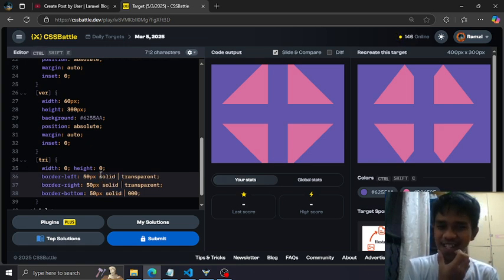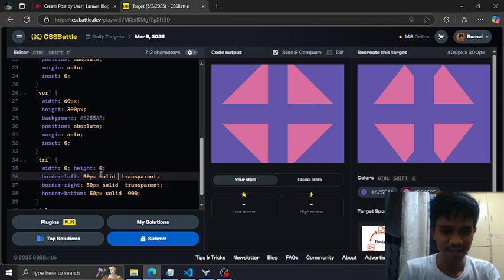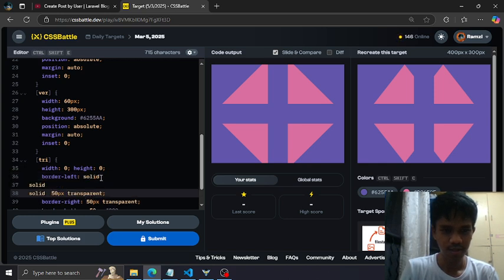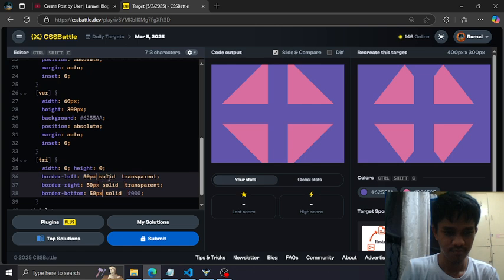Read height. Okay. A hex value here. Solid slide. Oh, it's not looking good. Border left, border right, border bottom.